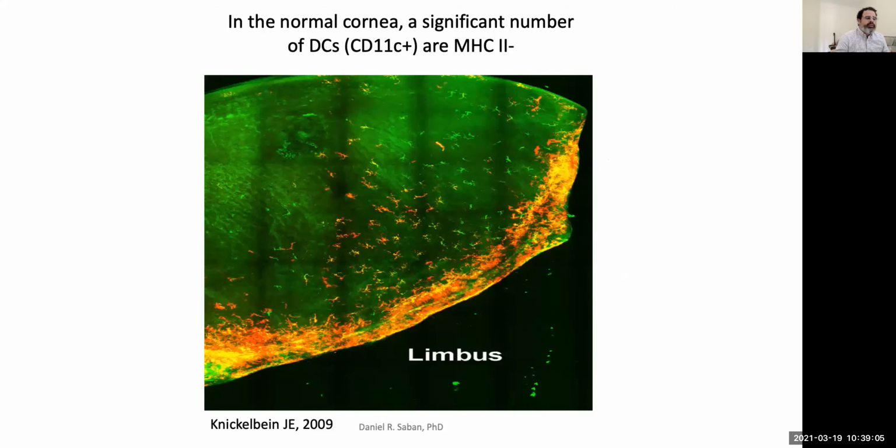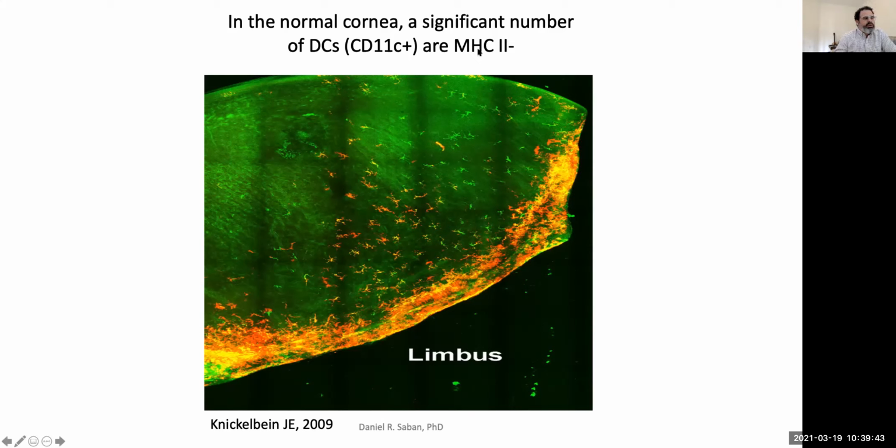And it turns out that the same phenomenon occurs in humans. So this is work done by Nickerson et al. at UPitt, I believe, showing a wedge of a human cornea that was removed for staining with CD11c and MHC class 2. I believe MHC class 2 is in red and CD11c is in green. So you can see there's plenty of CD11c positive